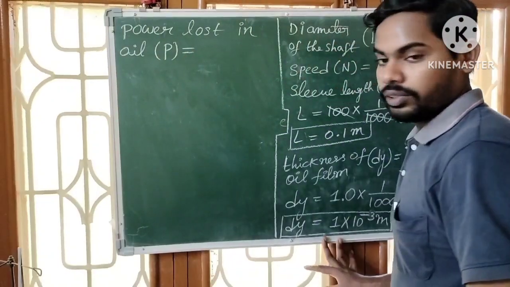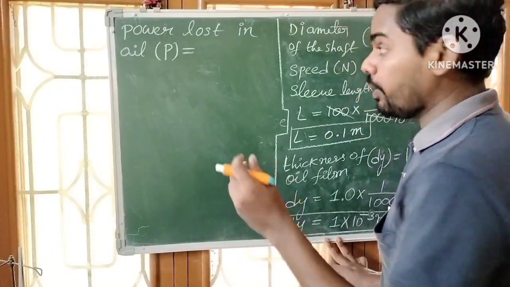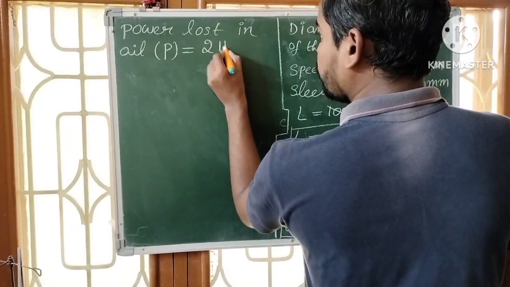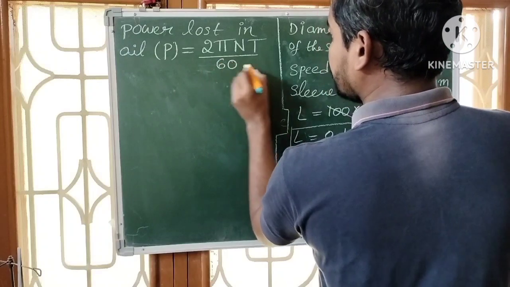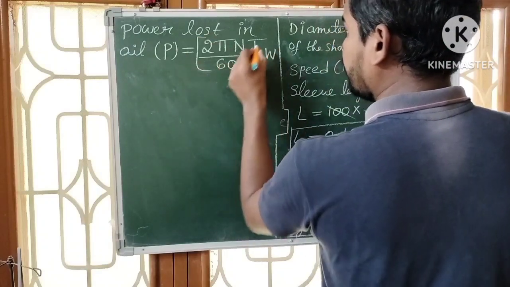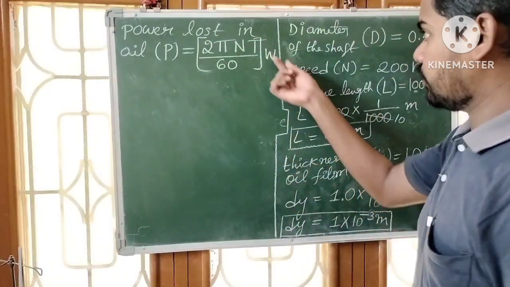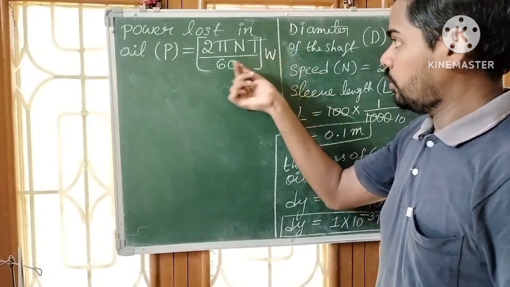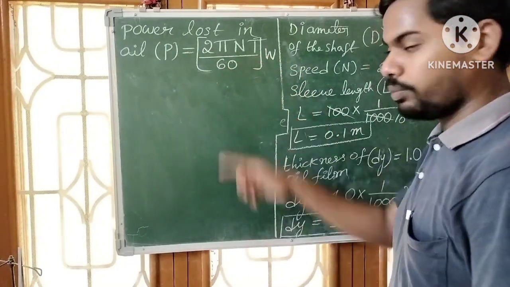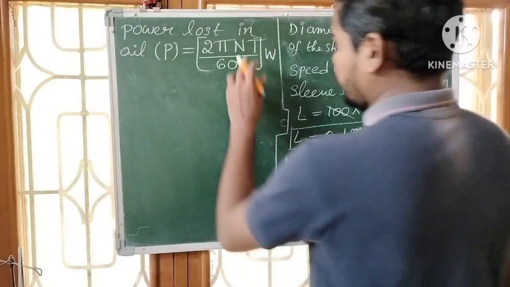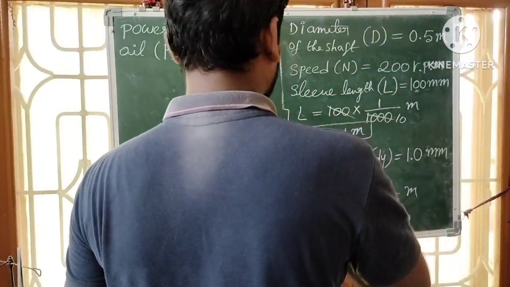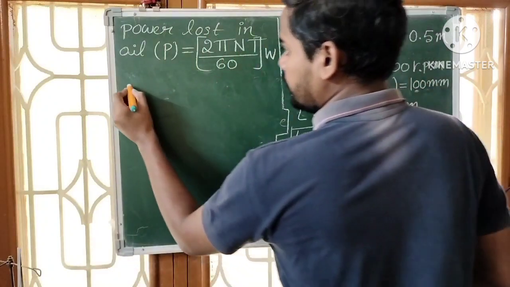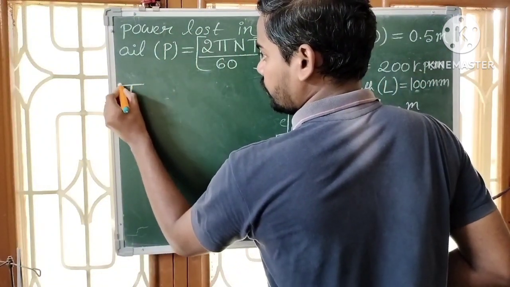The formula for power lost in oil, very important: P is equal to 2 pi N T by 60 watts. The unit of power is watts. Here N is speed, which is already given: 200 rpm. And T, capital T, is equal to